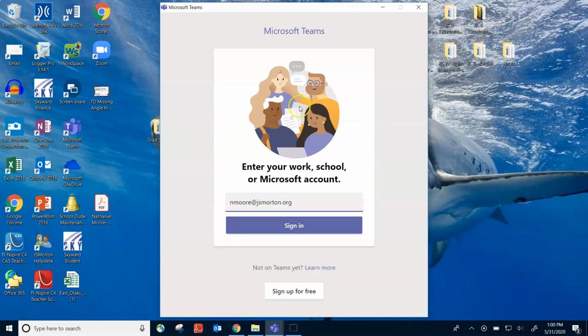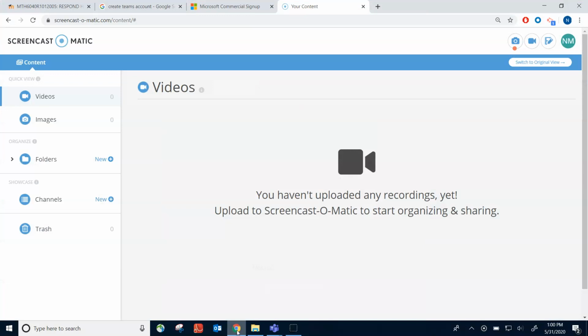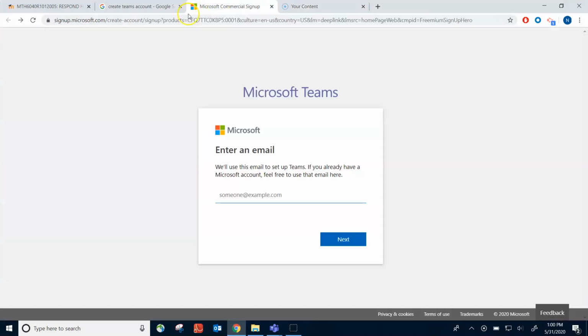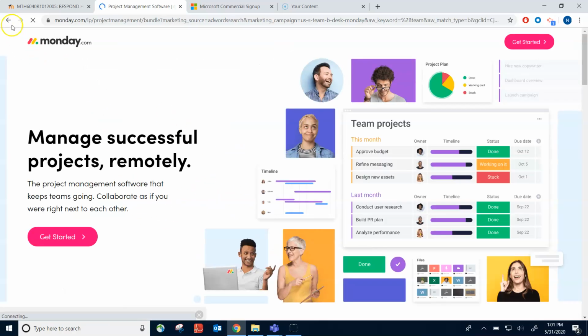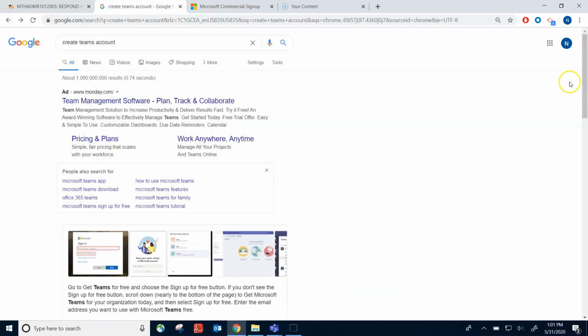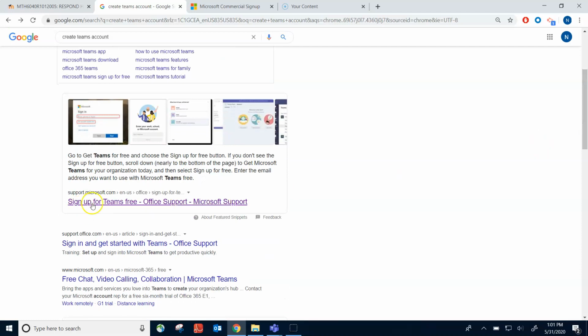Hey guys, so today we're going to take a look at Microsoft Teams and how to go through some of its functions. One of the first things you can do is sign up for Teams, like create a Teams account. I just Googled that, and then you can go to team management software. Or actually, the better way was down here where it says, hey, sign up for Teams